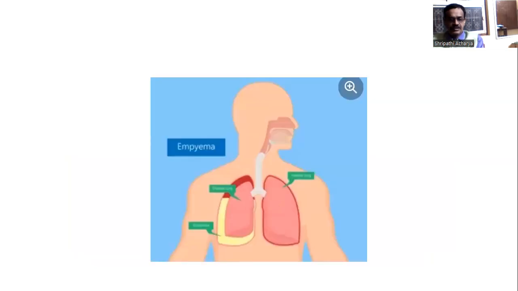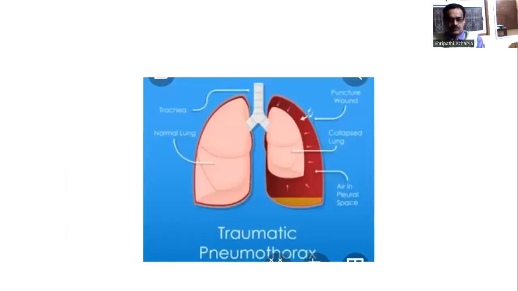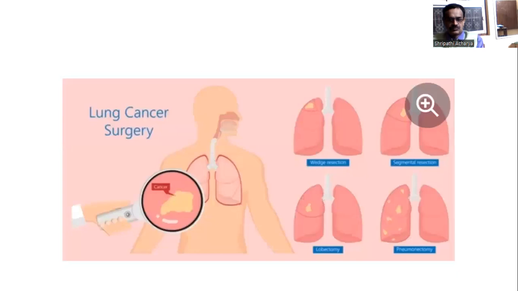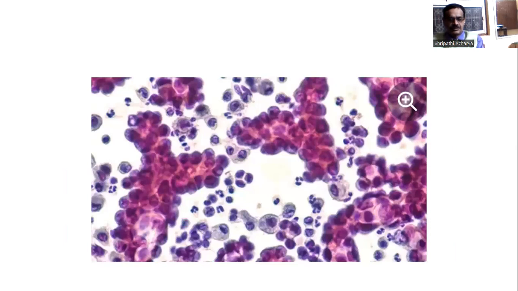You can see on the right side there is an effusion, and the fluid under the microscope. So here, on the left side there is a microscope. For the microscopic picture of the fluid, you can see inflammatory cells, chronic inflammatory cells, lymphocytes. Lymphocytes are chronic inflammatory cells.